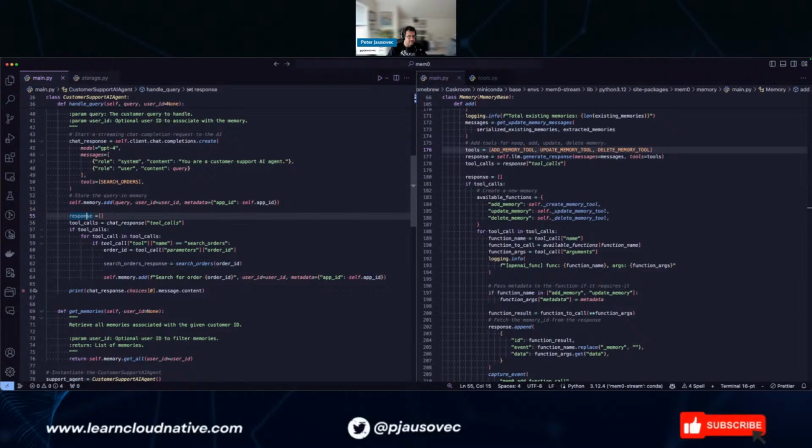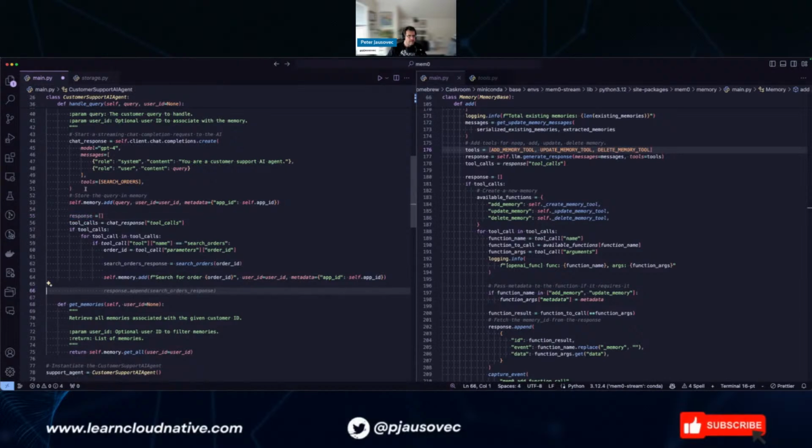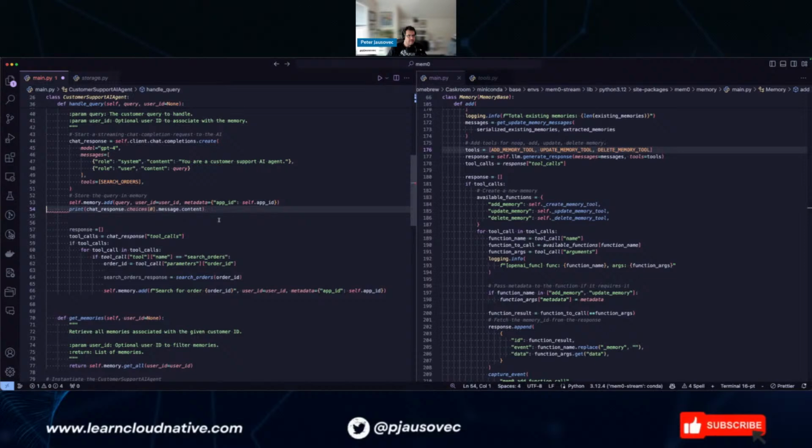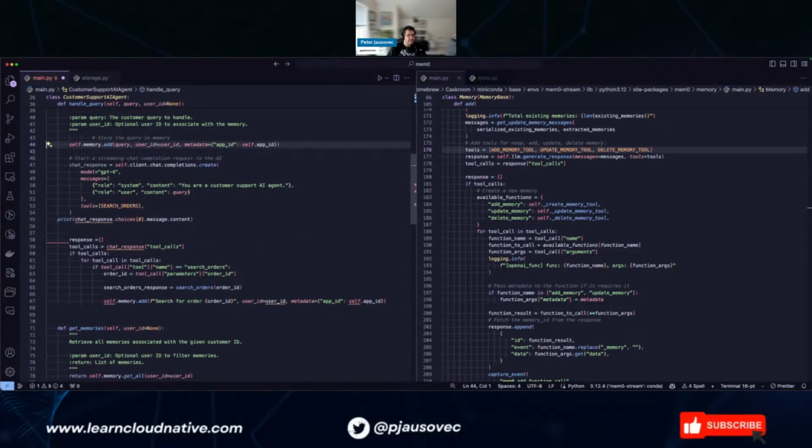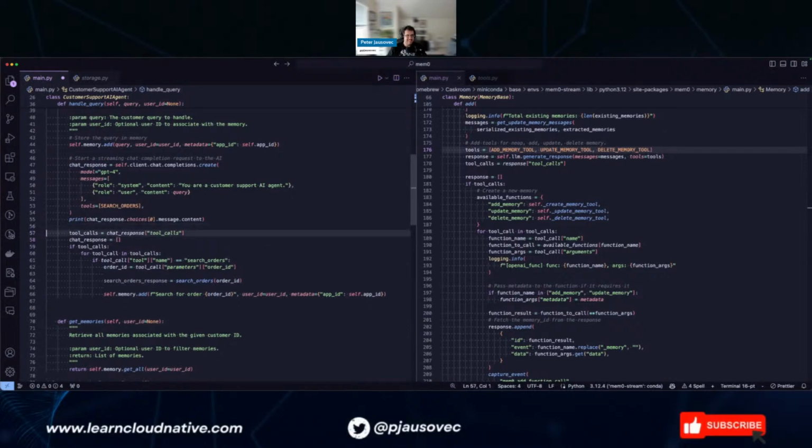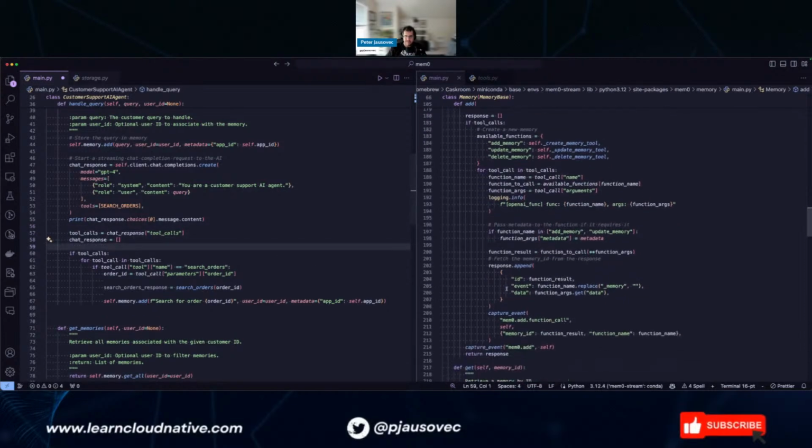Let's print it out there. So store it. We could store it earlier. Store it here, then make a call, then print out the response. Then get the tool calls, clear the chat response and build it back again, because we'll send it back.